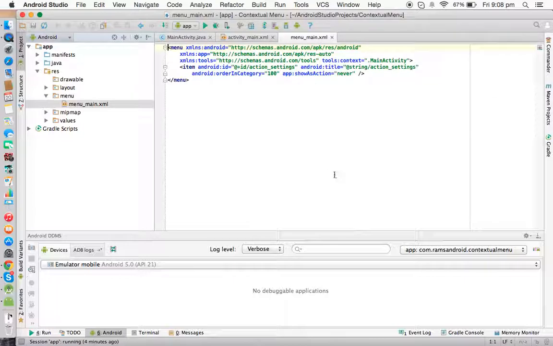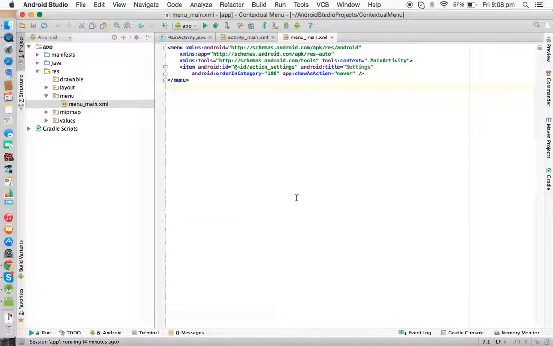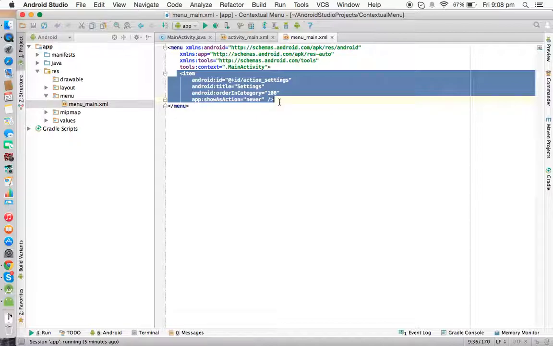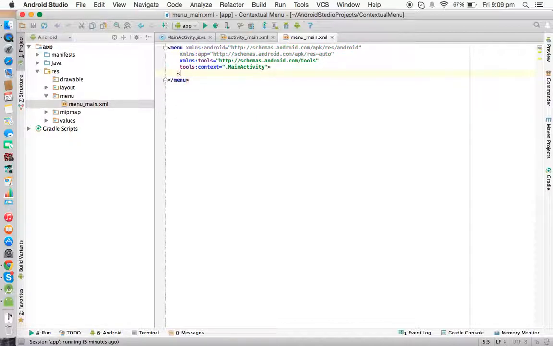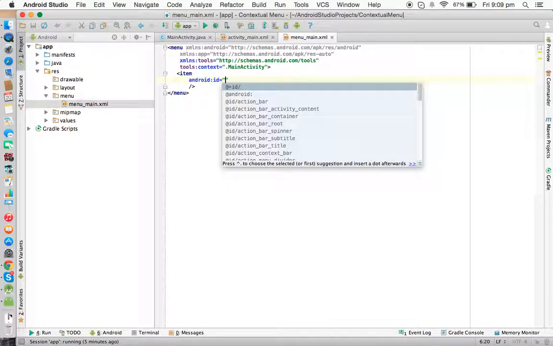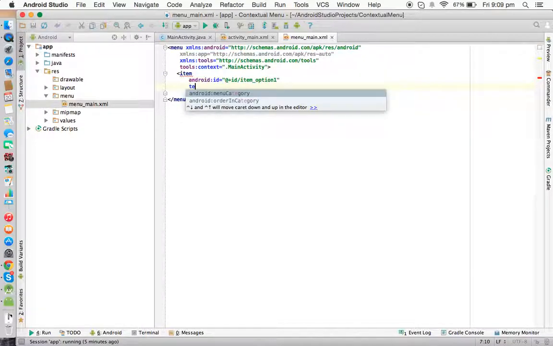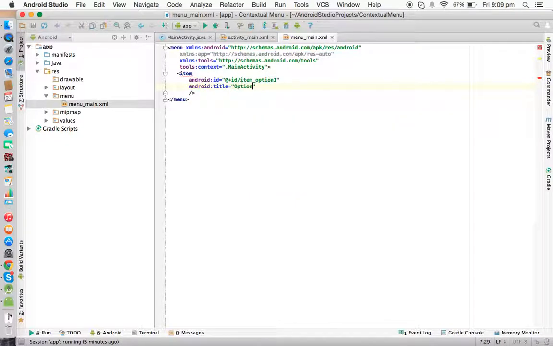By default they are giving one XML file under the menu folder. There we are going to create items, 4 or 5 items let us create. By default they are giving one item, I am removing it and creating an item. In that, the ID is @+id/item_option1, and the title is option 1.